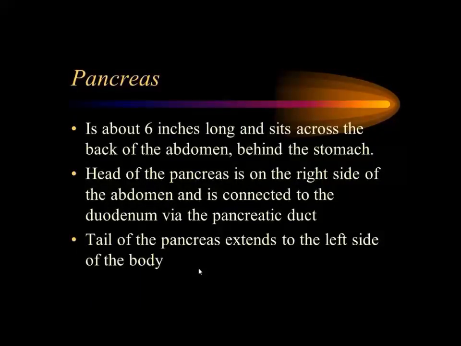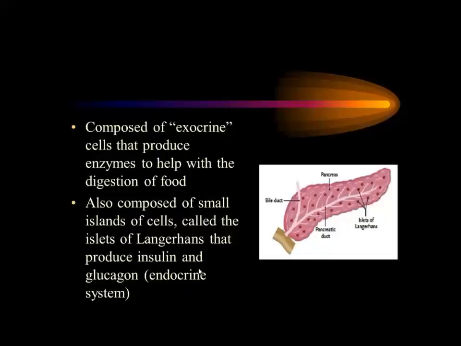Pancreas, 6 inch, sits across the back of the peritoneum. On the right side, again, attached into the duodenum, tails into the spleen. Its purpose is two different things. One's exocrine, which is all of the digestive enzymes, and then the endocrine system, going back to when we gave that talk a year ago, with the insulin and then the glucagon. Sorry, I made a mistake. Insulin builds up